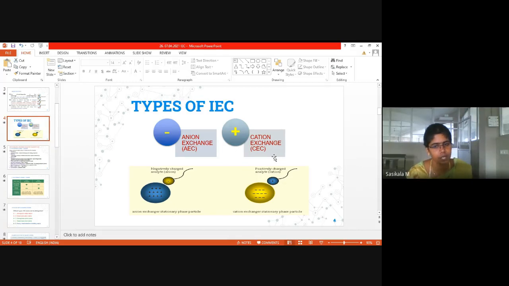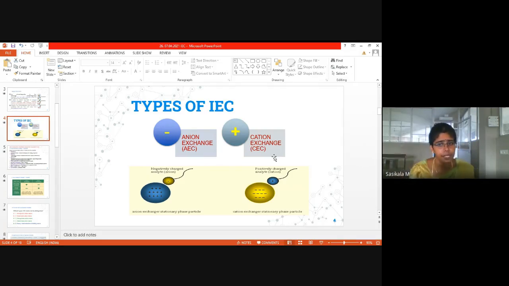This part you should be clear, then only it is easy to understand the concept. It is simple. Only you have to remember what charge the stationary phase has. And usually in HPLC, what concept we have discussed, whatever the sample nature, the same nature mobile phase will be, right? So definitely stationary phases of oppositely charged, right? So here if it is cation, stationary phase is anion, oppositely charged. If the molecule is anion, stationary phase is cation, oppositely charged.